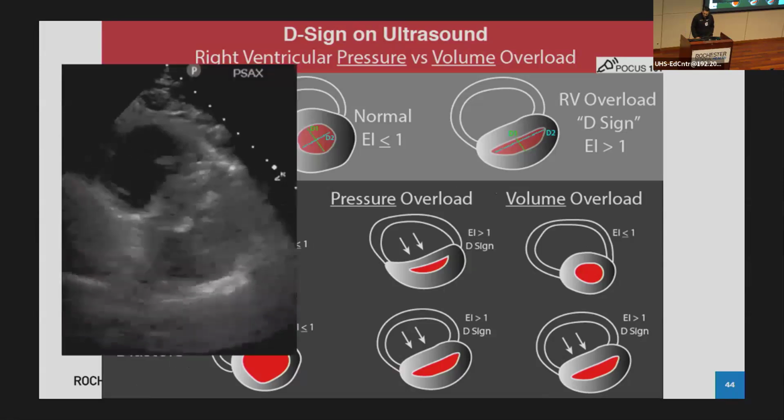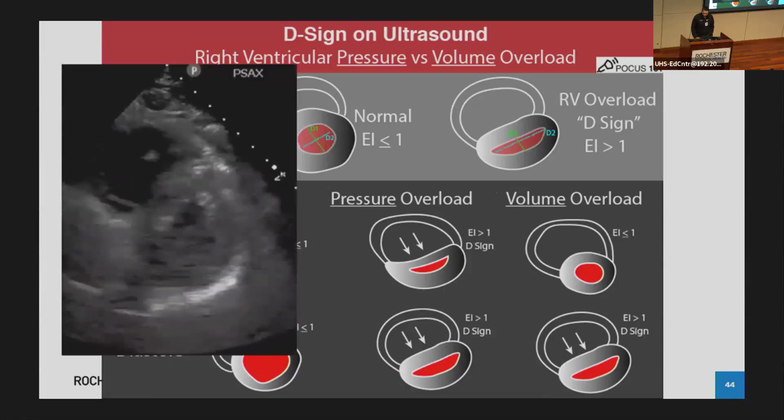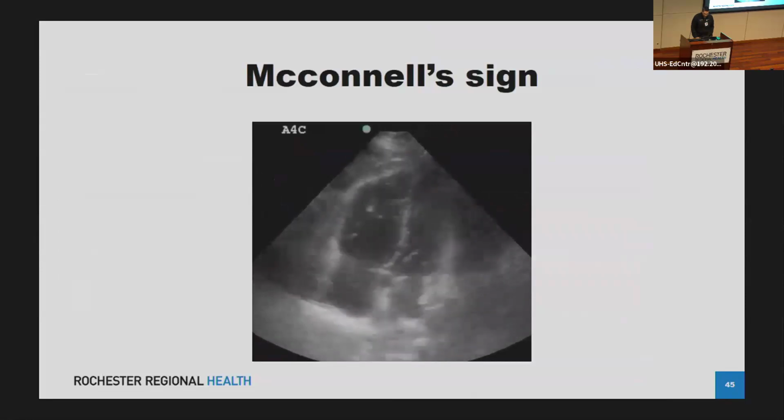And I think these GIFs kind of help demonstrate what it really looks like, the D sign. This is McConnell's sign, and I'm not good enough to describe it, so I'll just